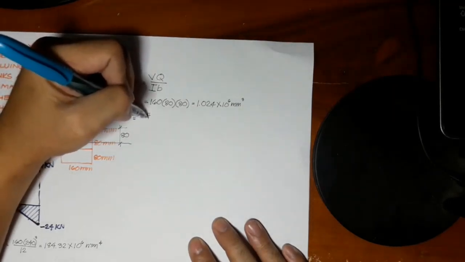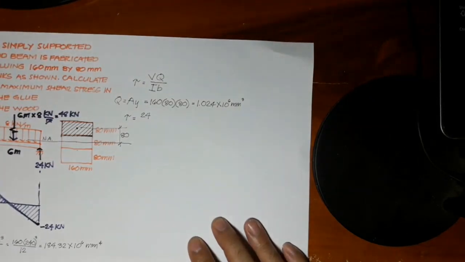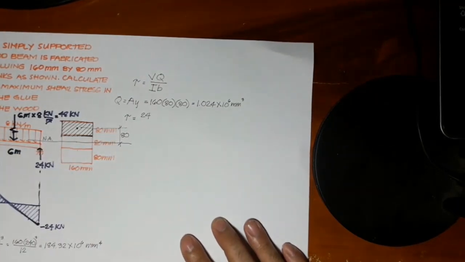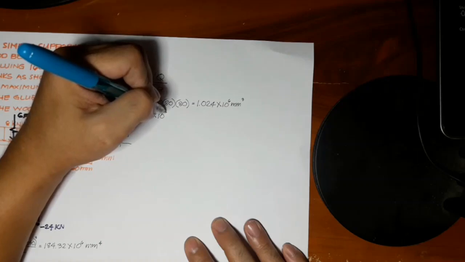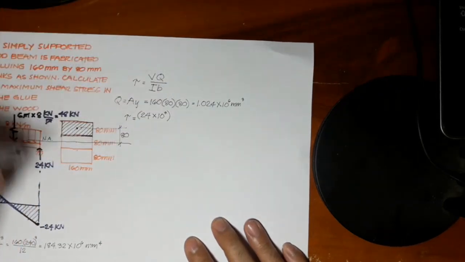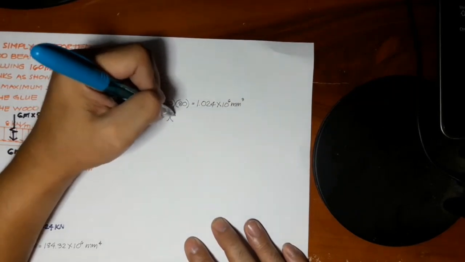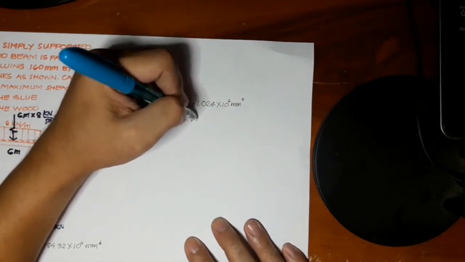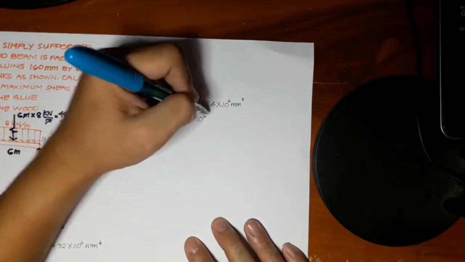Now, the ideal units to be used for stresses are Newton and mm, so that we can get megapascal. So we convert this kilonewton directly to newtons by multiplying it with 1000, or times 10 to the 3rd power. The value of our Q is 1.024 times 10 to the 6th power